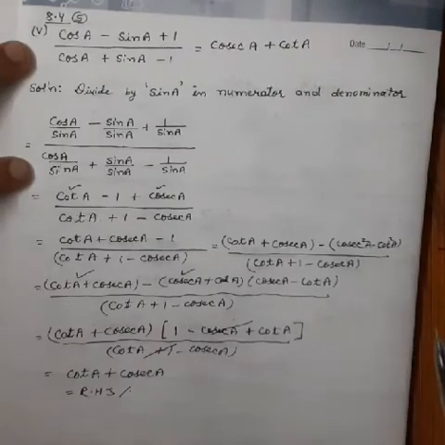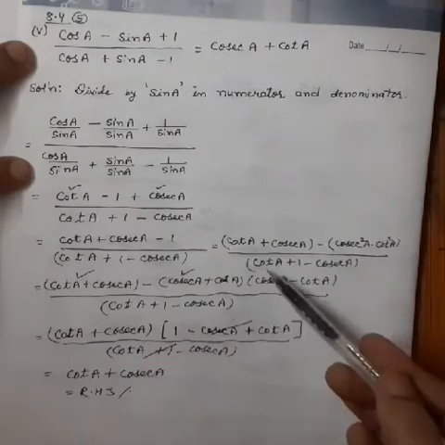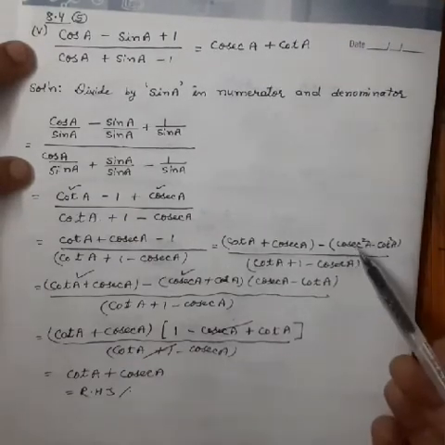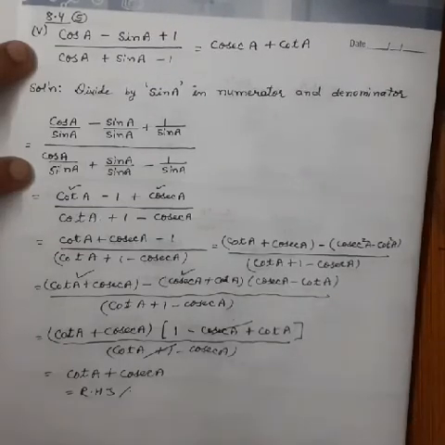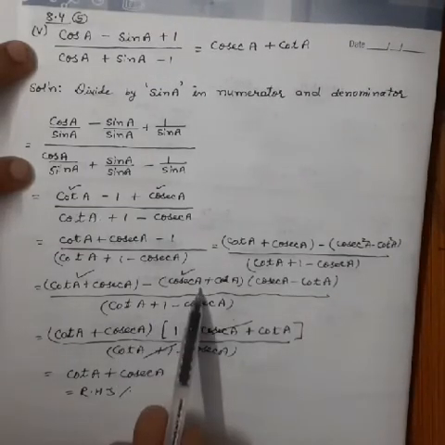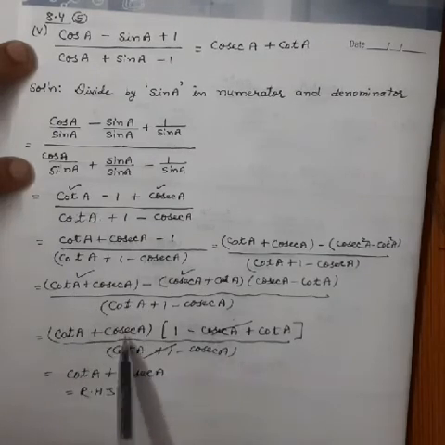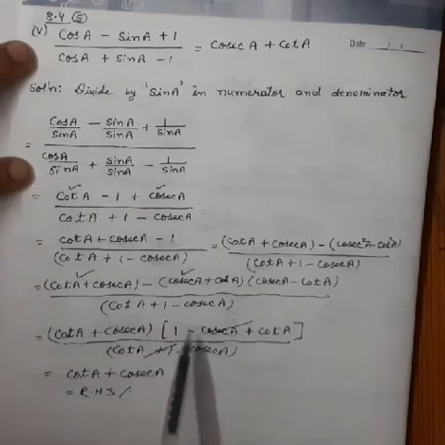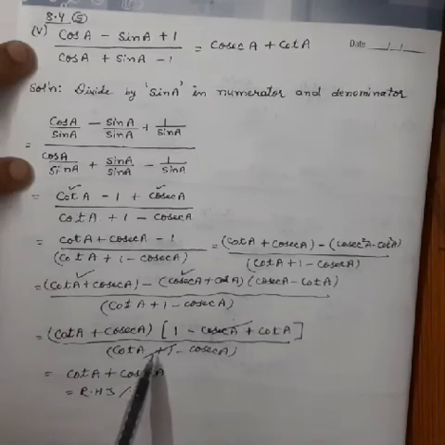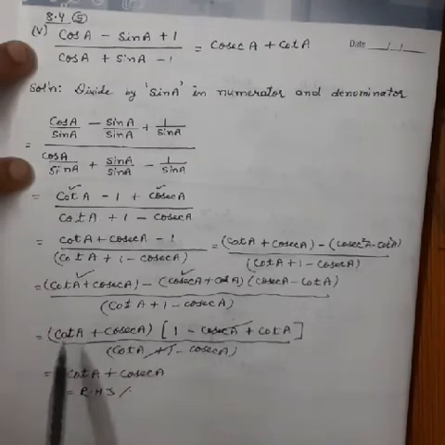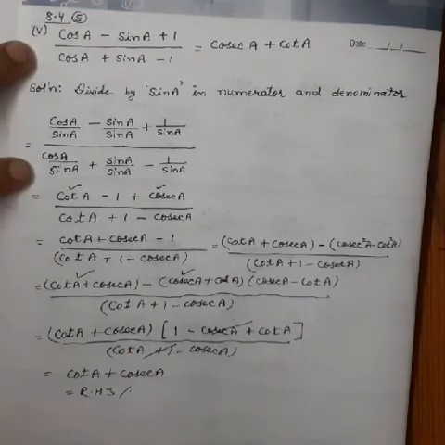What is 1 equal to? Cosec square a minus cot square a. No, by this way the denominator is the same. Then use a square minus b square, (a plus b)(a minus b). The denominator is the same. What is the common? Cosec a plus cot a, it is this. Then after simplifying this full term, this will cut by numerator and denominator. What is remaining? Cosec a plus cot a. It is a very important question from the examination point of view.